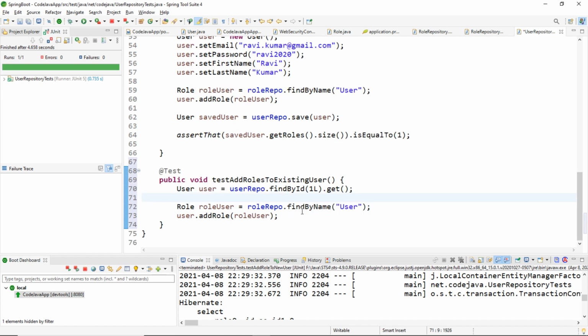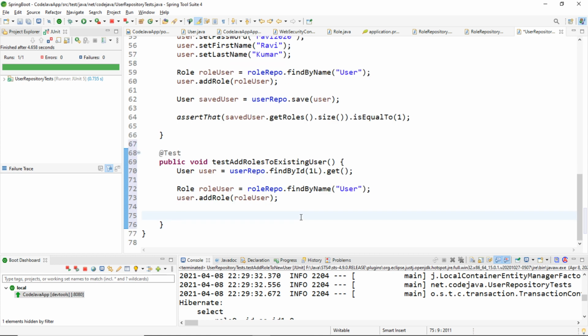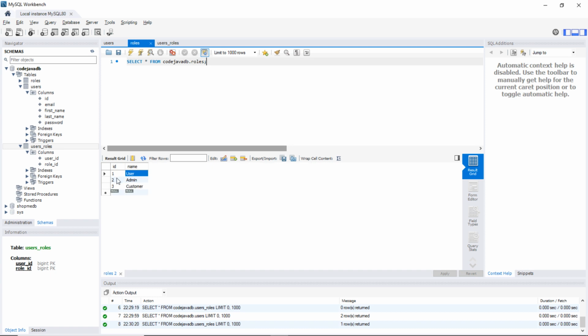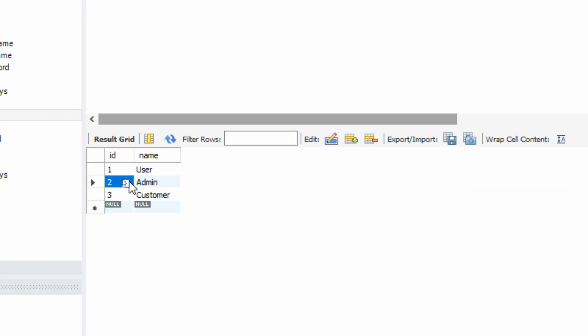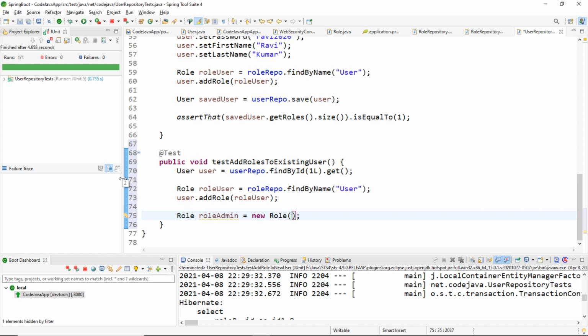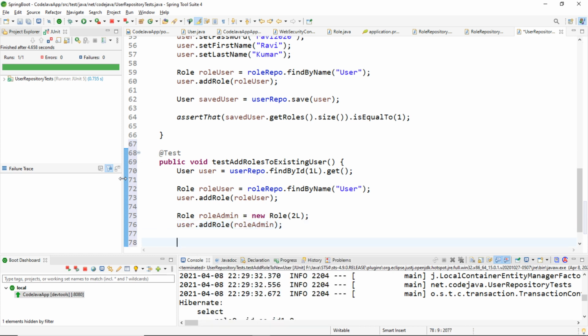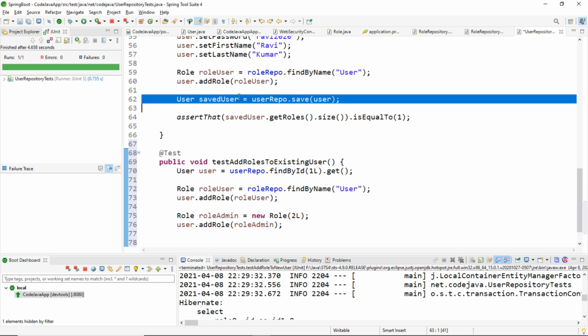And instead of getting a new row object like this, we can also specify the row ID like this: rowAdmin equals new Row, and we pass the ID. Here in the database, the row admin has the ID 2, you see, and we pass the ID 2 here, and then we add the row admin to this user object, and then we persist the user object,